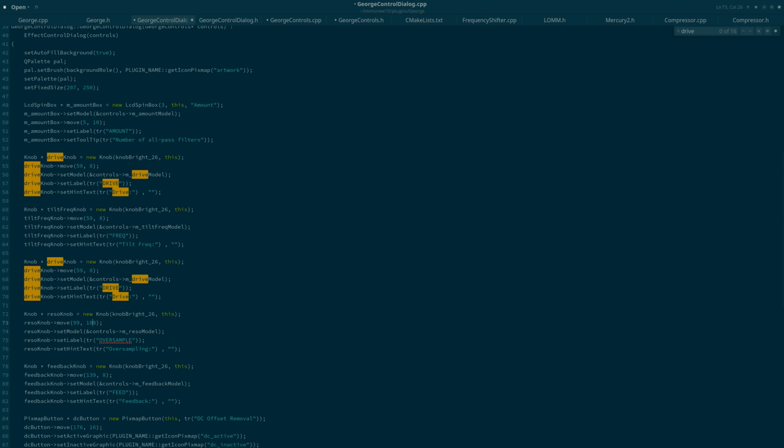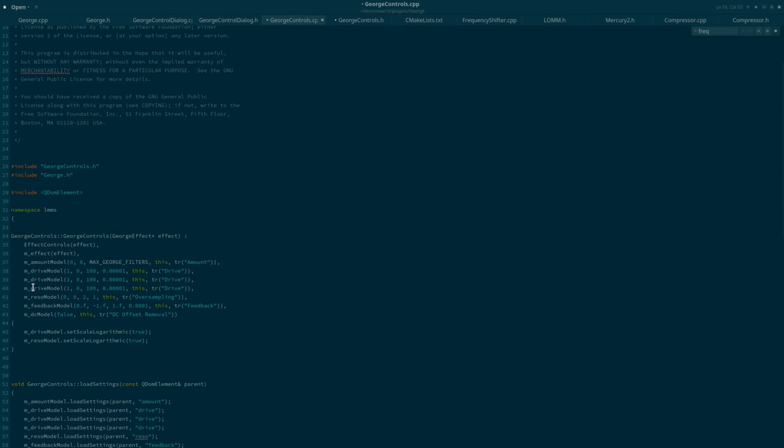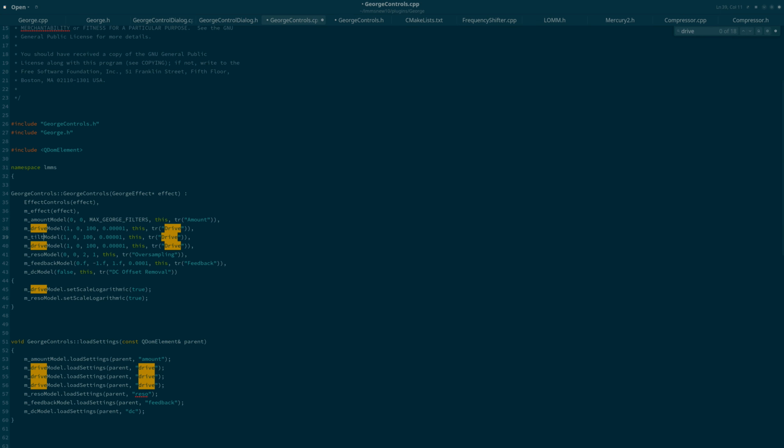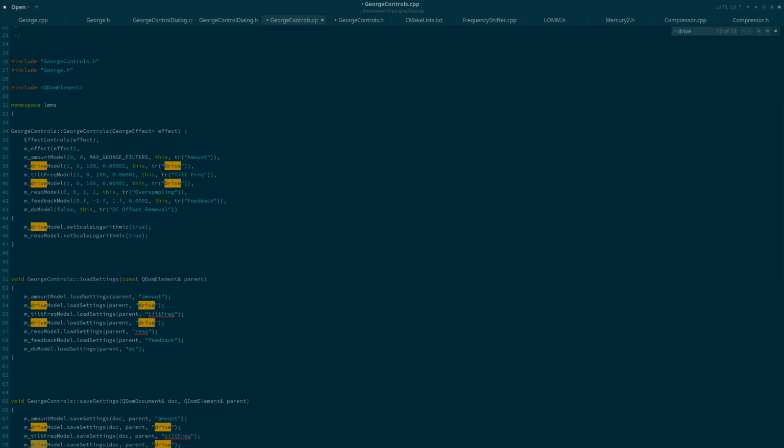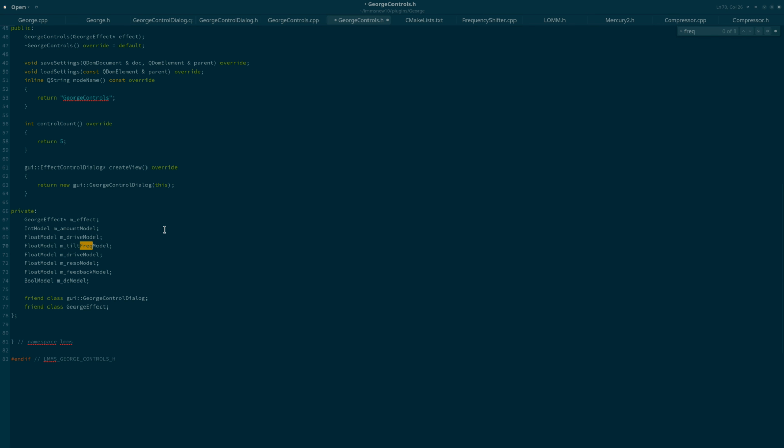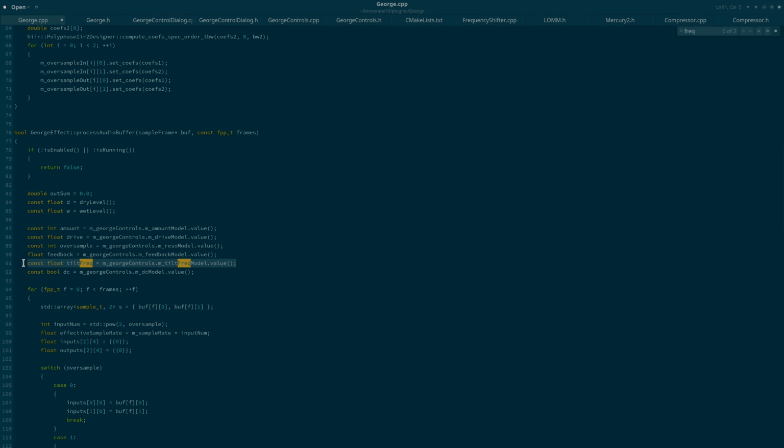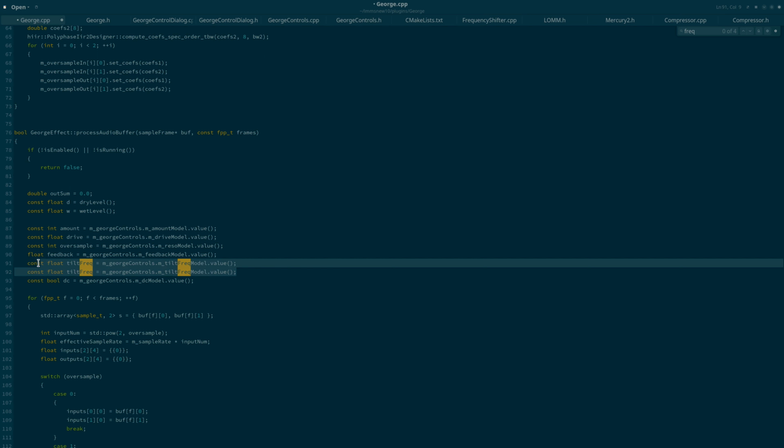No, where are we? We're here. Okay, that's the tilt frequency knob, and then we need the, why is this over here? Now we need